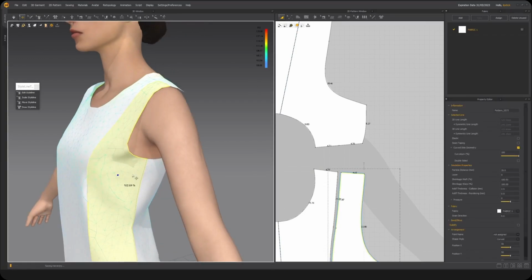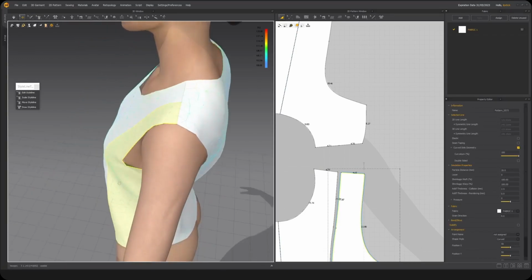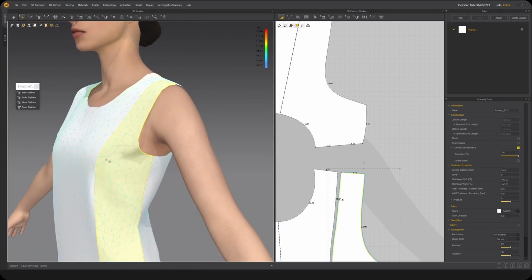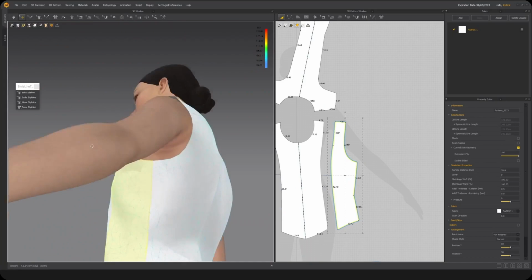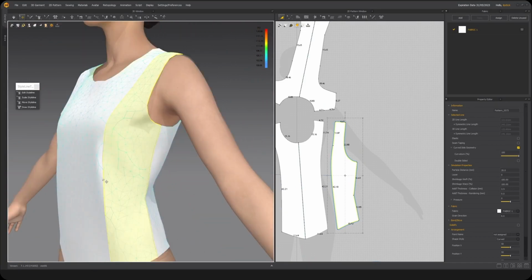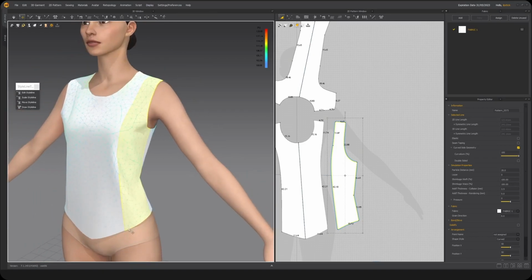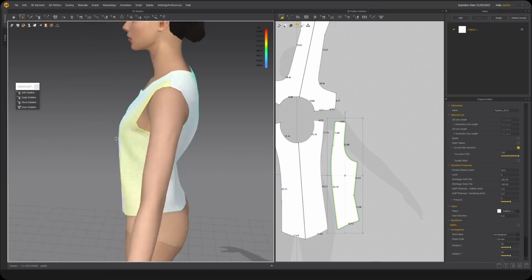What can we do with this particular fold that is here? Of course, adding a dart here would allow us to get rid of some of this fabric. I'm not sure I want to add a dart there. This particular princess seam, as opposed to having it go all the way up the shoulder, we could rotate it so that it goes right here. So I have a princess seam that's at a bit of an angle there,